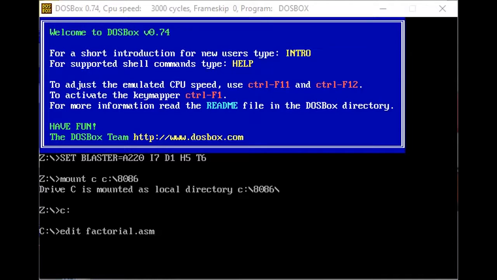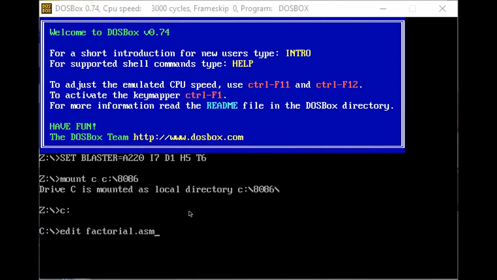Okay. Now to find the factorial of a number n, we have to repeatedly multiply the numbers from 1 to n. We can do the same by multiplying the number and decreasing it until it reaches 1. In the program, we are taking the number into the counter register and then decreasing it and multiplying. If the result exceeds the range of 16 bits, the 32-bit result can be found in registers DX and AX. After that, we are storing it into the memory.